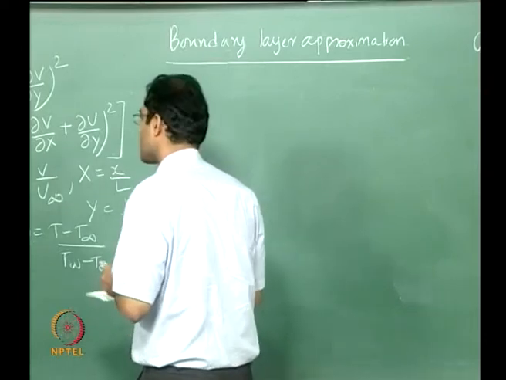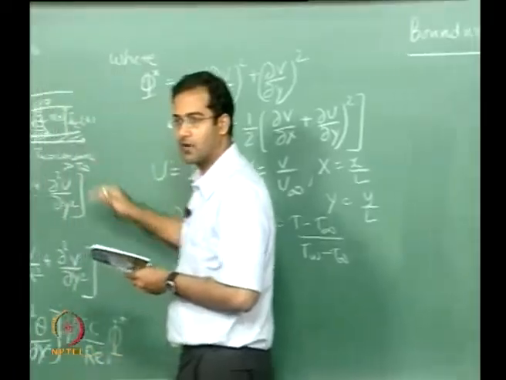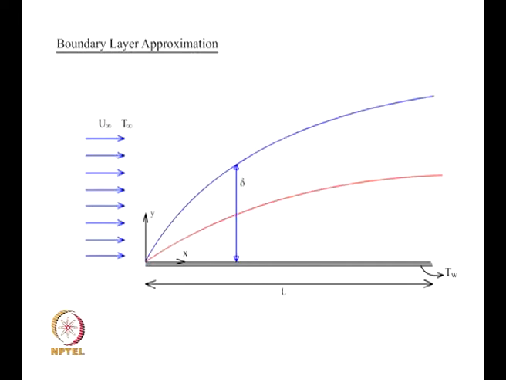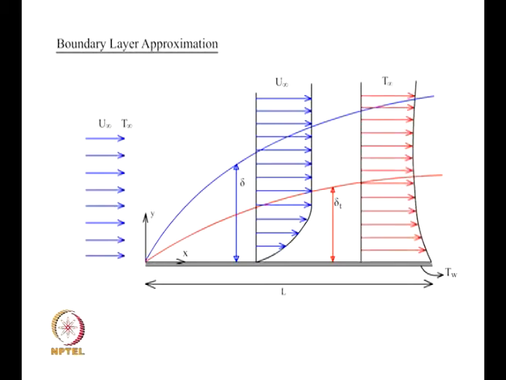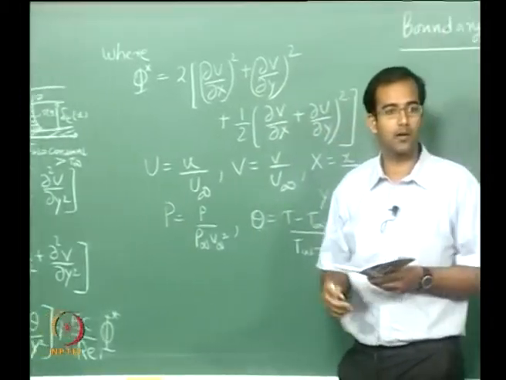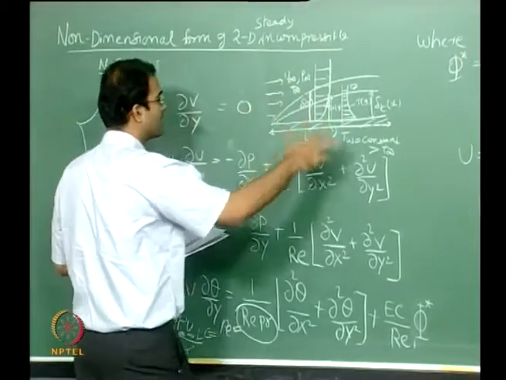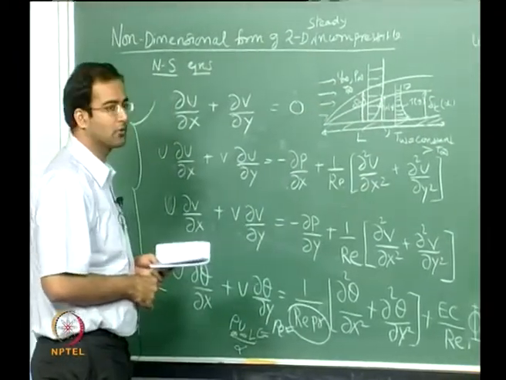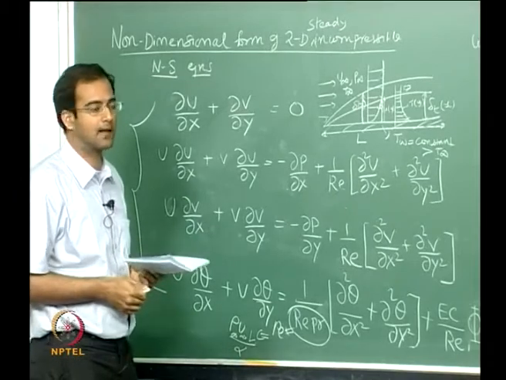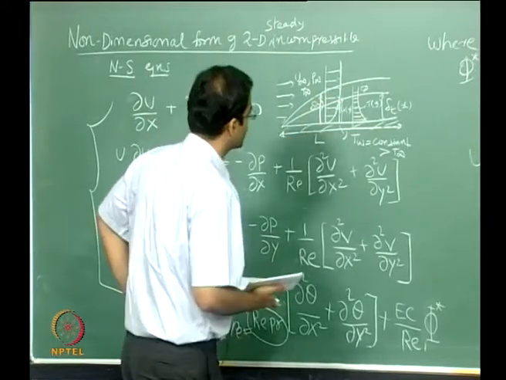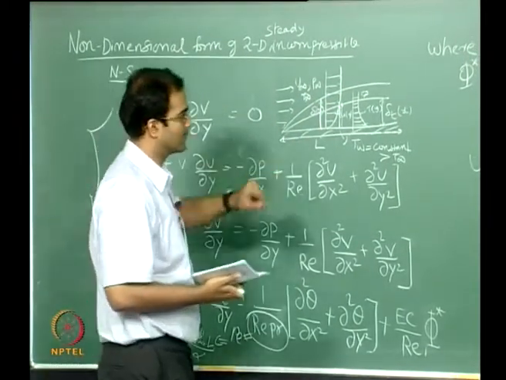The reference figure which we will be using is still the same, whatever I have drawn here. We will be taking any boundary layer flow. For simplistic reasons, you can assume that the free stream velocity does not vary with the axial location, but it could also vary. Still the boundary layer approximations are valid. So you have a momentum boundary layer and a thermal boundary layer, both simultaneously occurring due to the heat transfer which is taking place.